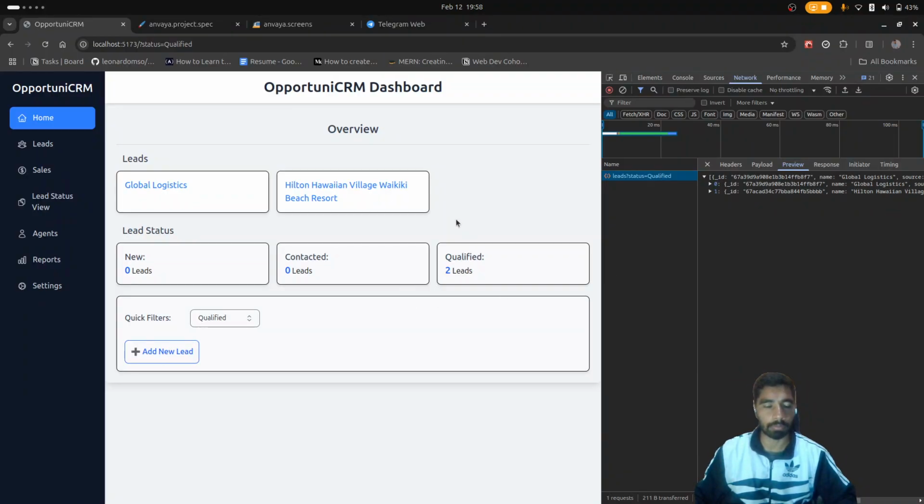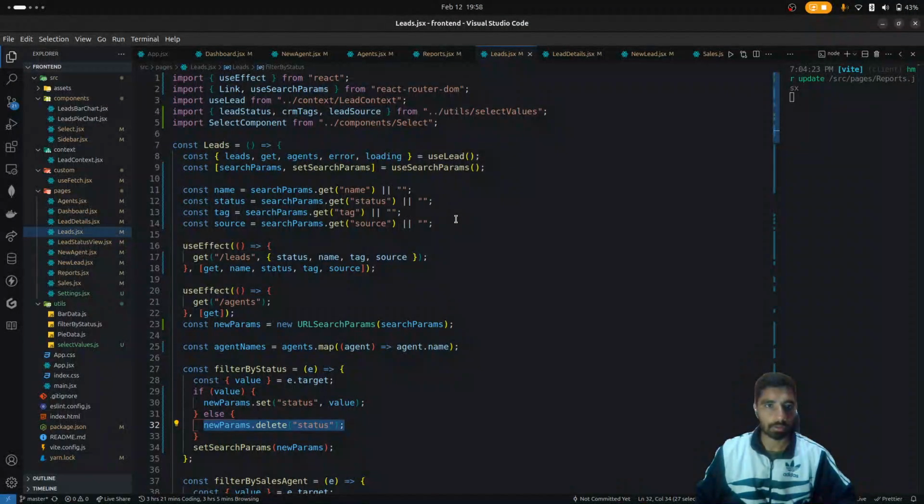So how I implemented query params, let's see into the code.